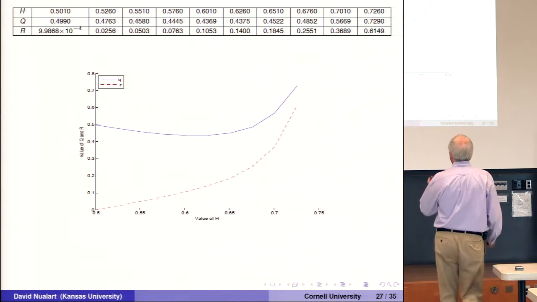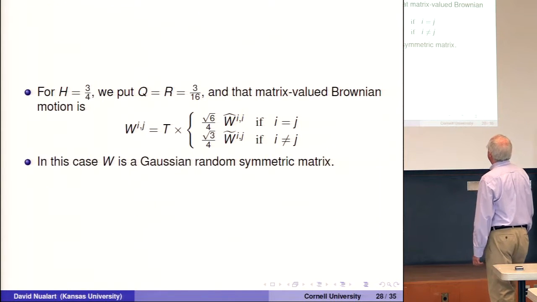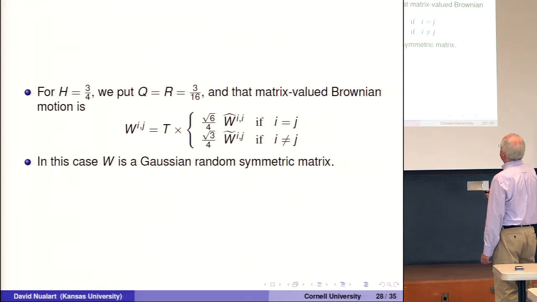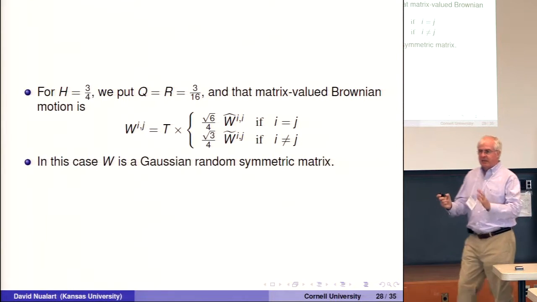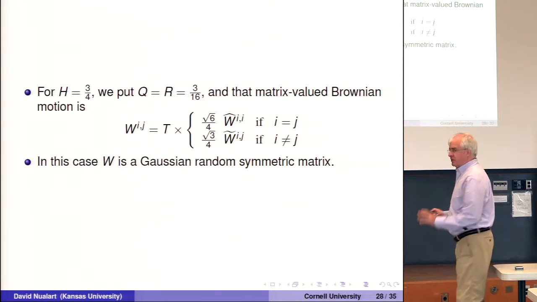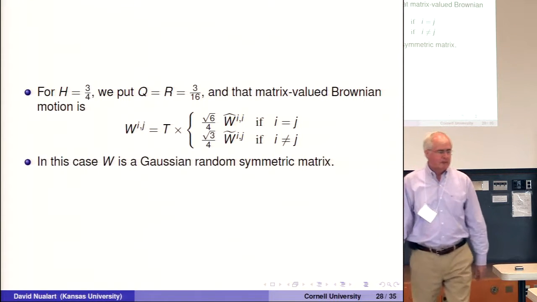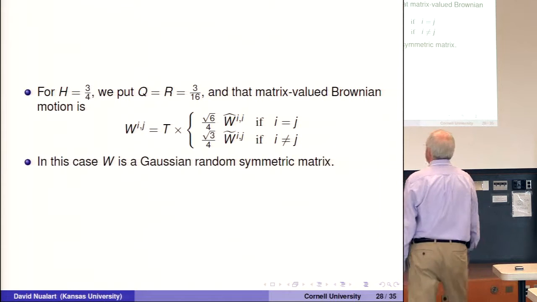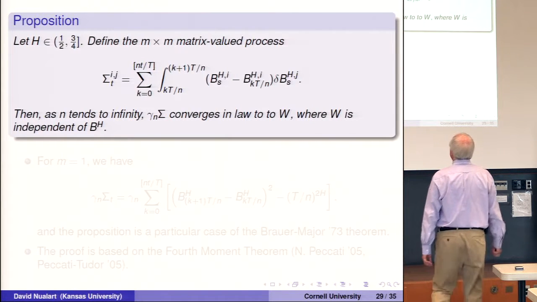And then the limit theorem I was referring to is this one. Oh, okay, sorry, before. When H is 3/4, then what you have is W_ij is just the Gaussian symmetric random matrix. In that case, you have exactly the Gaussian symmetric random matrix. There is no R. And then Q and R are 3 over 6, and then that's the expression, and it's multiplied by T. So that's the limit theorem